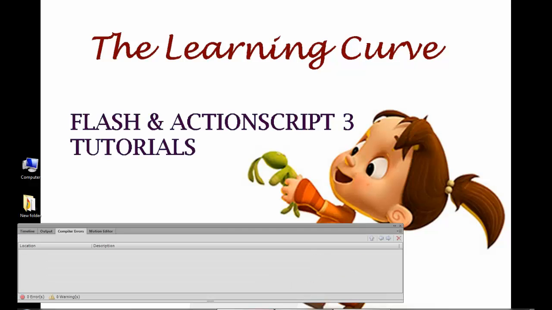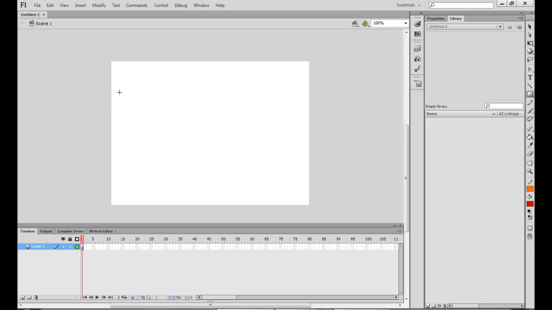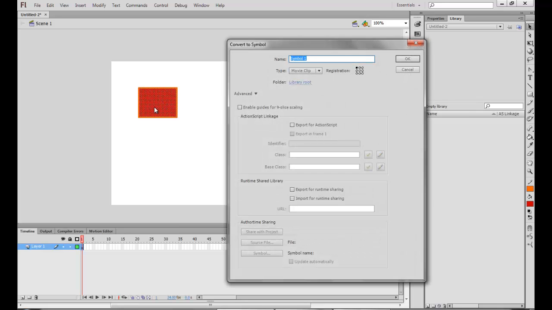Now today we will look at the addChild method. The addChild method is a method which is used to add symbols on the stage using ActionScript. So for this, first I will just create maybe first a rectangle. I'll convert it into a symbol using F8, export it for ActionScript, and I will call this class as